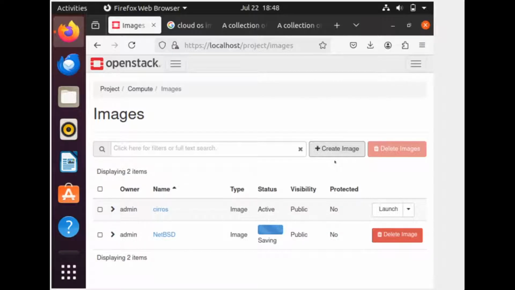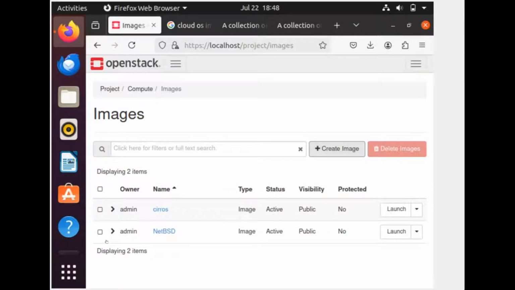So our image was created successfully. Yes, our image is active. Now let's see how we can launch this NetBSD image. As we saw in a previous video with CirrOS, in a similar way we are going to launch our